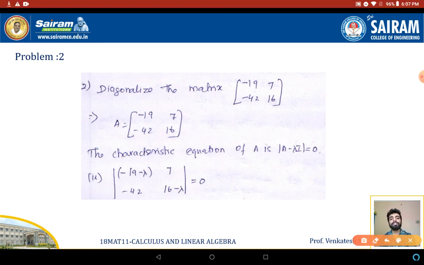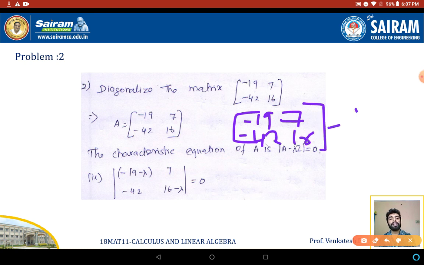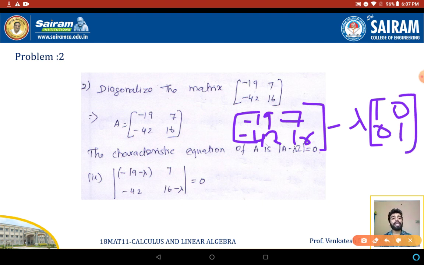Like this. So this is my A matrix, [-19 7; -42 16], minus lambda into [1 0; 0 1]. I'm going to simplify this matrix to get the A minus lambda I matrix. So what will I get? -19 minus lambda, 7, -42, ...